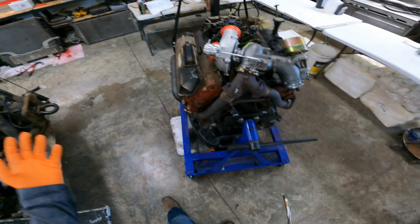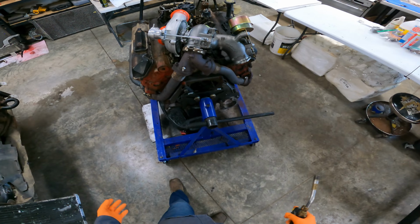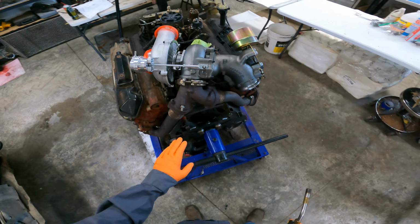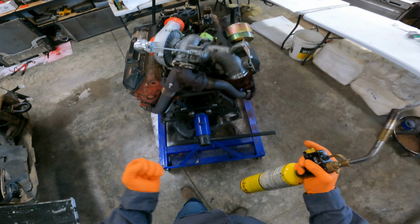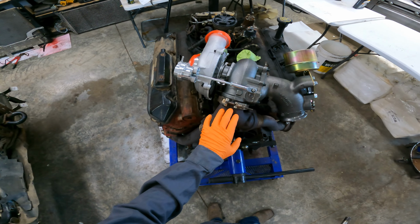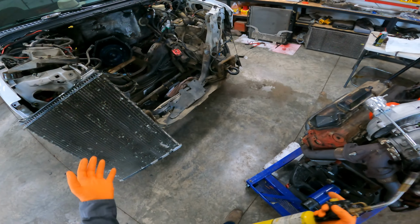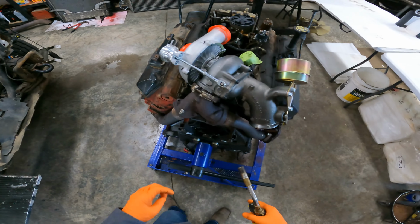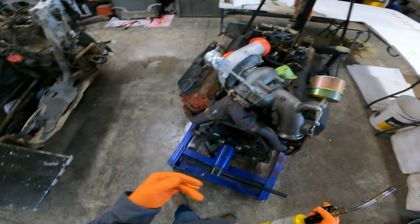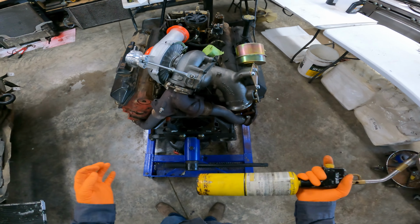Typically you never want metal of any kind, especially cast, to cool down fast. So it's better to heat as much of the surrounding area as you can so it can slowly cool down, and hopefully, with any luck, will retain some of this memory. And even if it does move, maybe it'll just move a little bit. And then when it comes time to put the engine back together, put the turbo on it in the chassis and stuff like that, you won't hate yourself. Life won't be miserable. That being said, life will probably start off miserable. It'll probably fight me, but like I said,